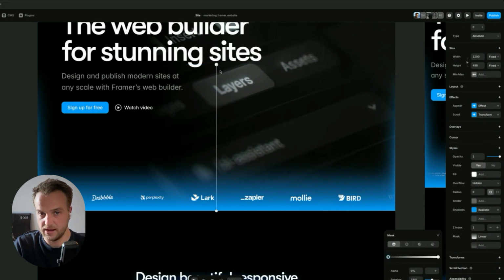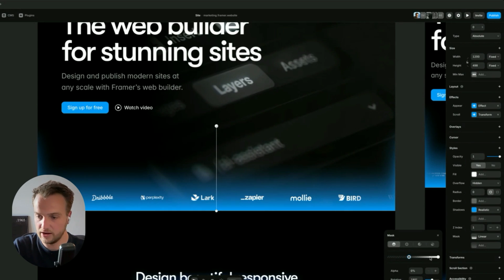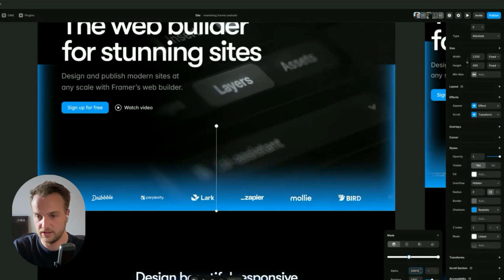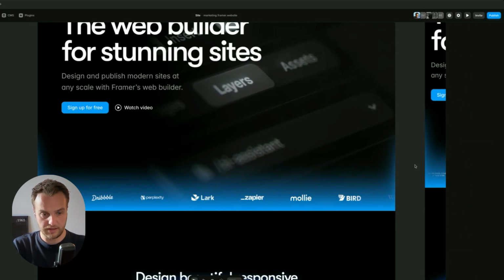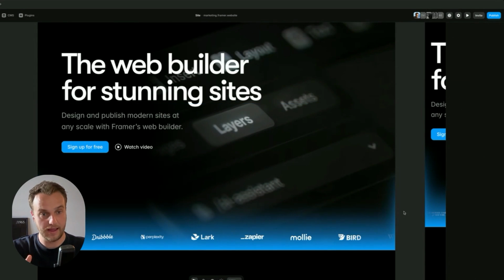And mask is just CSS mask. To explain this in a very simple way, you can fade things out. You can also mask things through images, so dive into masks if you want to learn more. But this is basically how you can fade entire layers to different levels of opacity in a very simple way. You can also make fading or progressive blur values and stuff like that. But that is how I did this thing. So then you don't have those rough edges anymore. If you set this to 100, you can still see what that looked like. But if you set it to 0, you get this effect. And that brings you very close to what I had before.